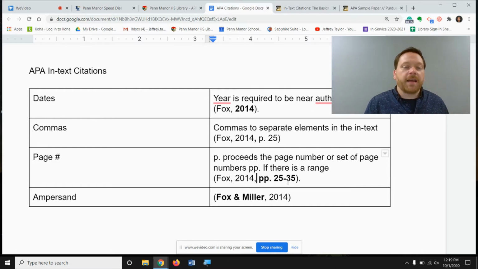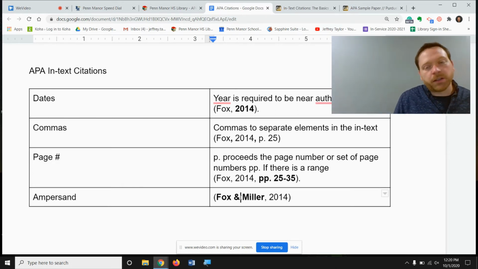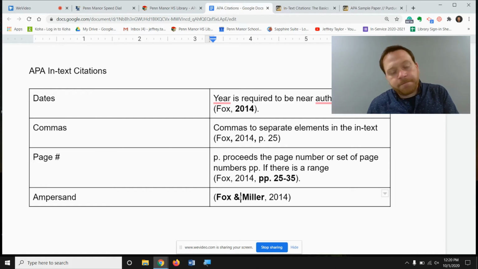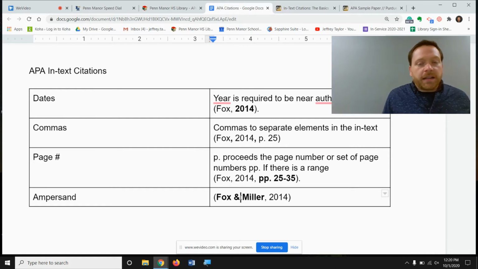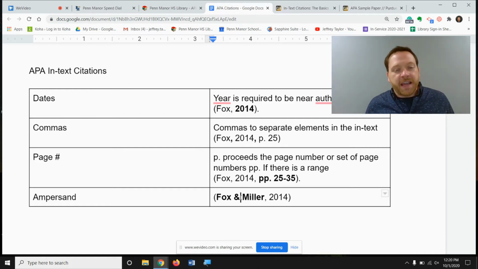The last thing, and it might come up, but perhaps not, the use of the ampersand. MLA has you write out the word "and" if you have two authors, Fox and Miller, 2014. Instead, in APA, you're going to use the ampersand to indicate that you have two authors, and that will connect